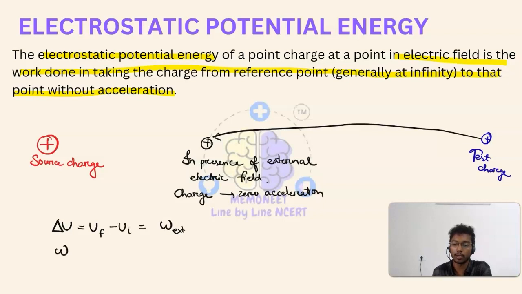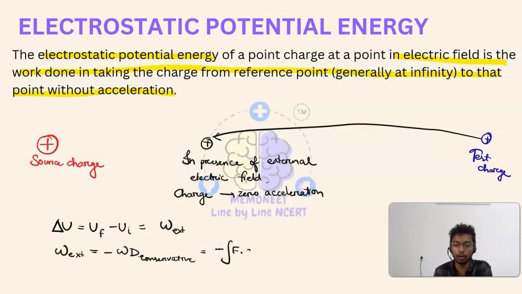So we know that the external work done is equal to the negative of the conservative work done. Work done by the external agent is equal to negative of the work done by the conservative force. So this will be equal to minus of